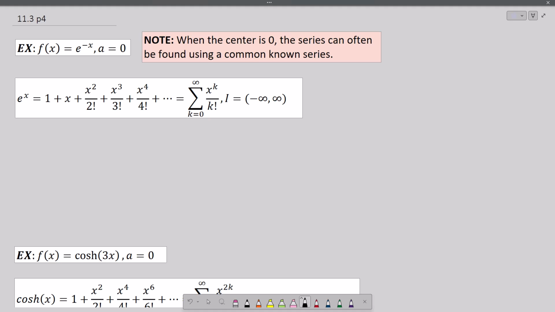e to the negative x. So the x part is just being replaced with negative x. And so this x right here in the power series is going to get replaced with a negative x. That is all we have to do. So for the power series for e to the negative x, we just come into this power series and replace that x with negative x,